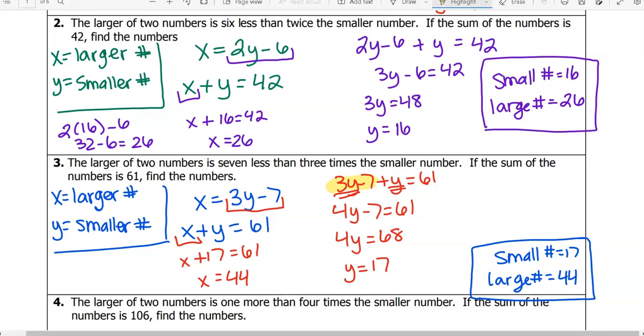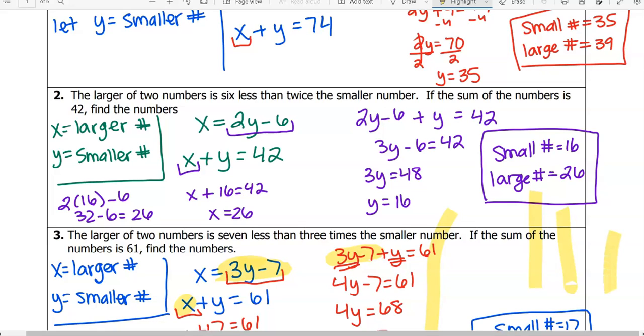Because this is x, and the x plus y. I changed x to be 3y minus 7. And then I combine like terms. Like up here, 2y and y gave me 3y right above it. And then above that one,